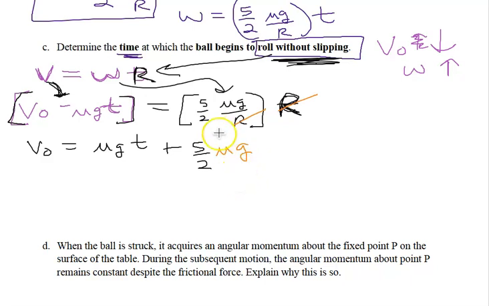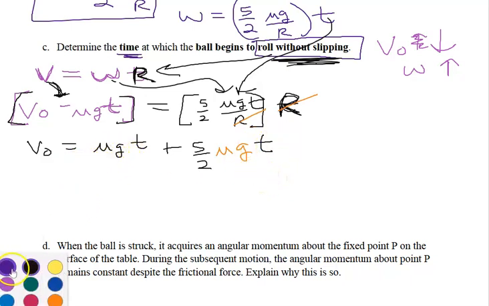Okay. But there's a T here. That's what I got confused. Okay, there's a T in the omega is a function of time. Sorry about that. This is a function of time. R is part of the V equals omega R relationship. Okay. Whew. Okay, so we have